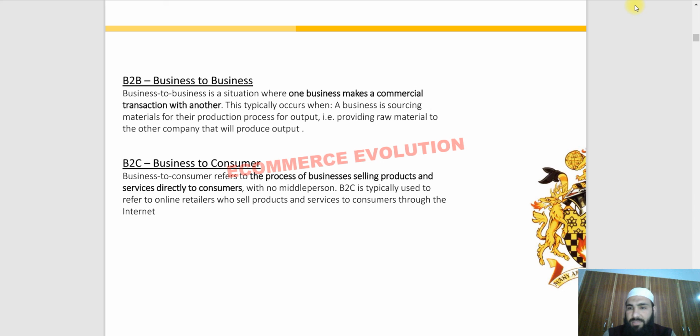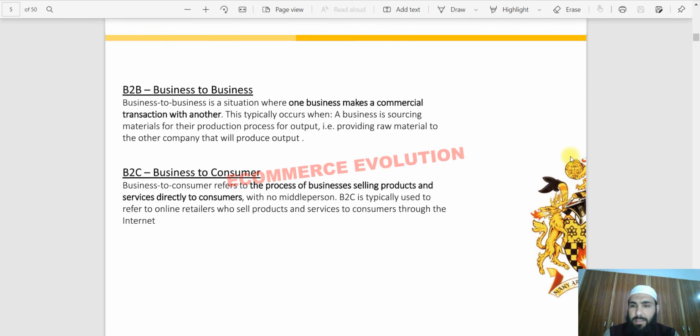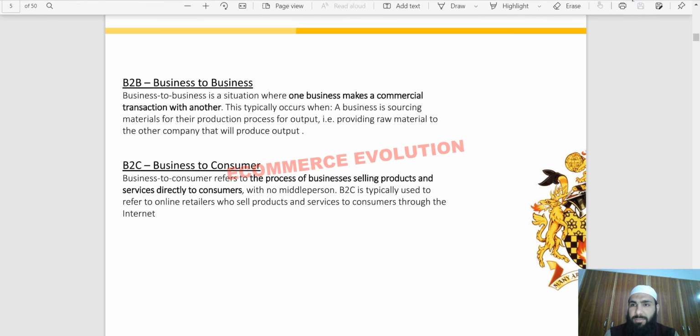So these were the two terms that should be explained initially, because they are mostly used. So in the next lecture we will be discussing further explanations of